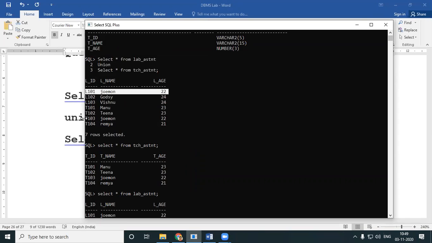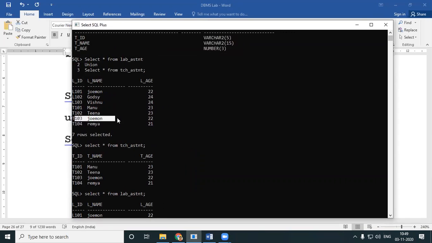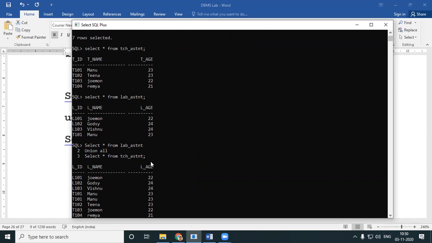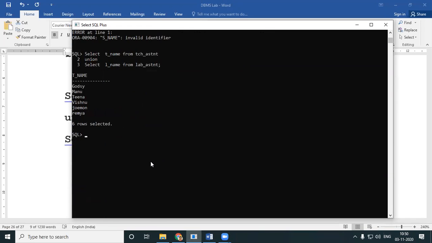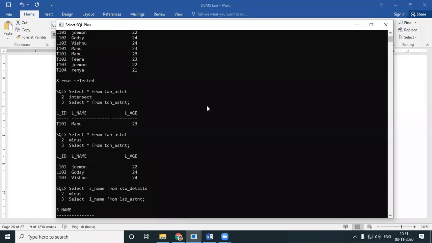Okay, look here the difference. Here, Jomon happened twice. This particular query. The same thing. I just give star over here, but look here, 7 rows selected. Jomon happened twice. But come down. I didn't give a star. Instead, I gave name. Jomon happened only once. Can you find out what is the reason for that? Perfect, Hannah. That was the reason.